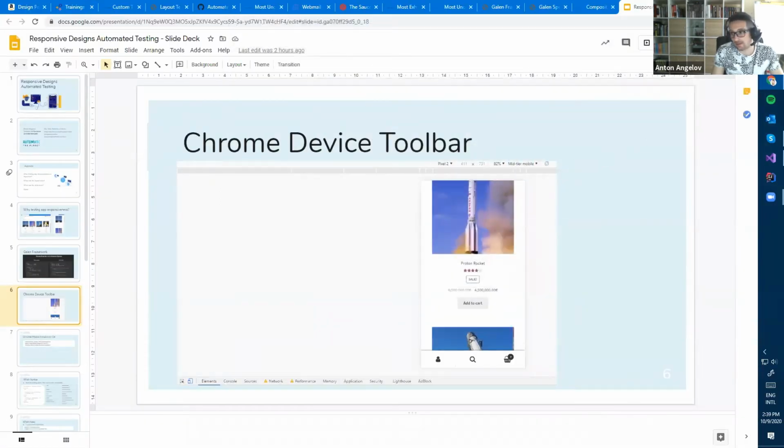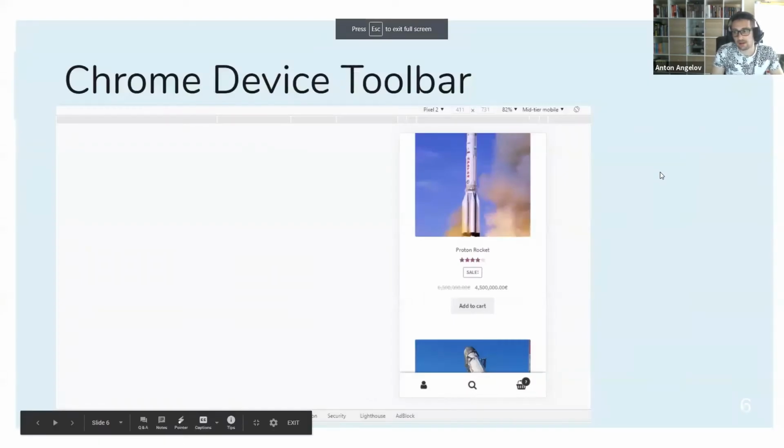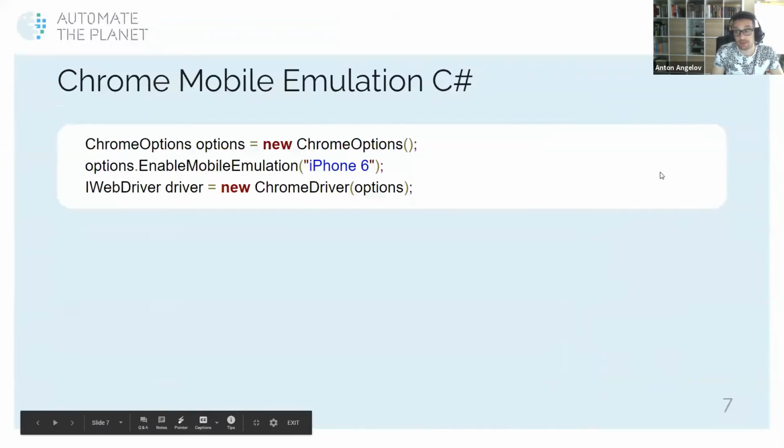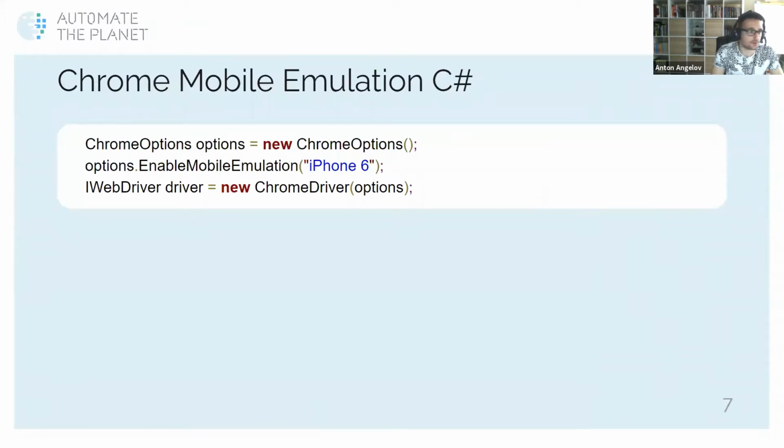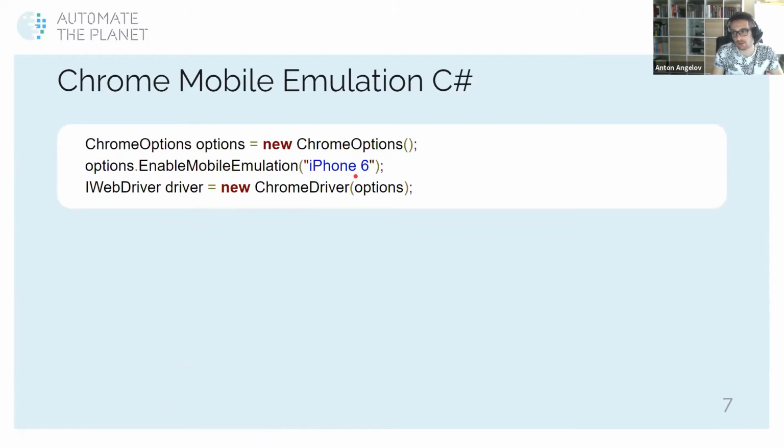I can do that manually, but we can also integrate this in WebDriver. In order to trigger this and start mobile emulation, you can use a method called enable mobile emulation. Basically you need to specify the name of the emulated device. Then the resolution of your browser will change, not only the size of the browser, but also